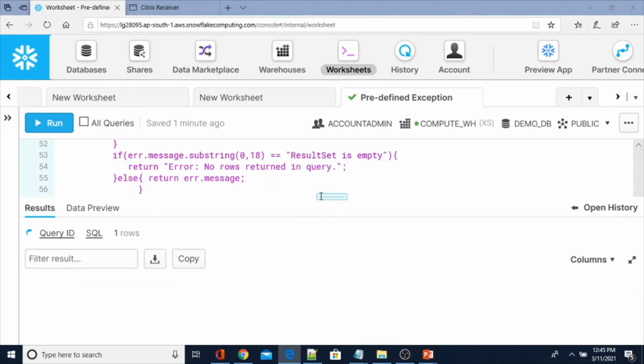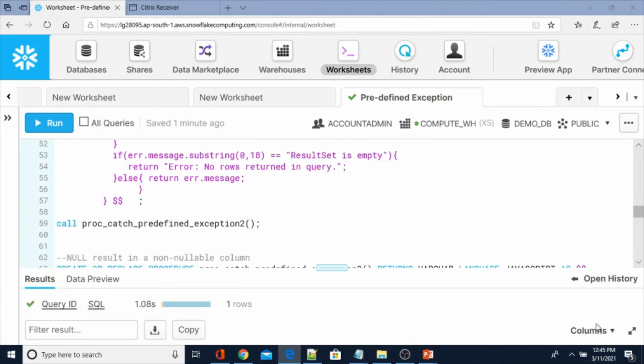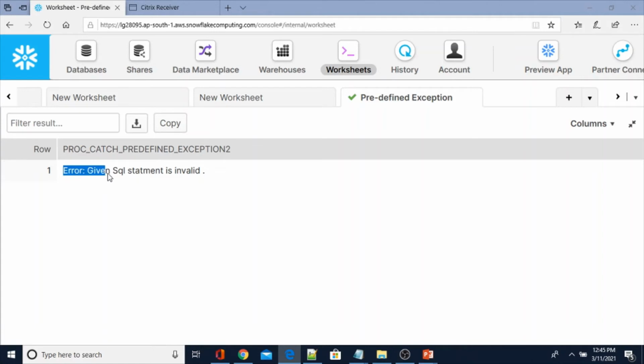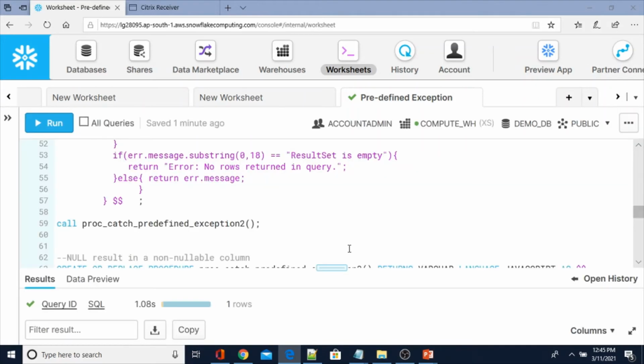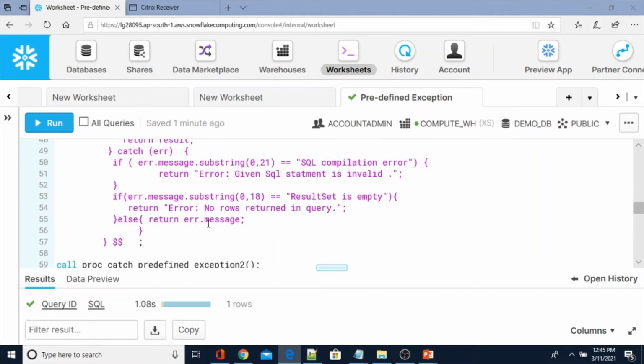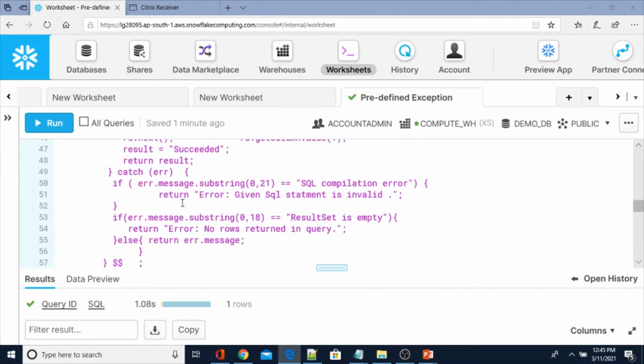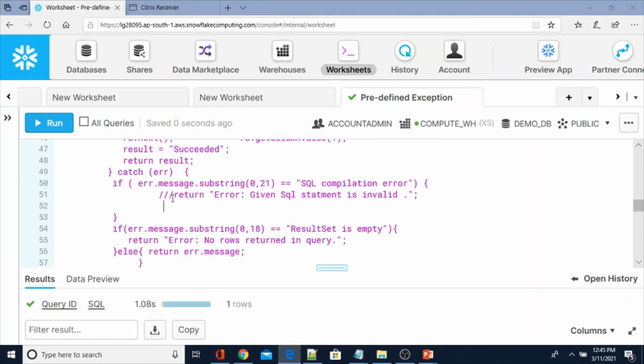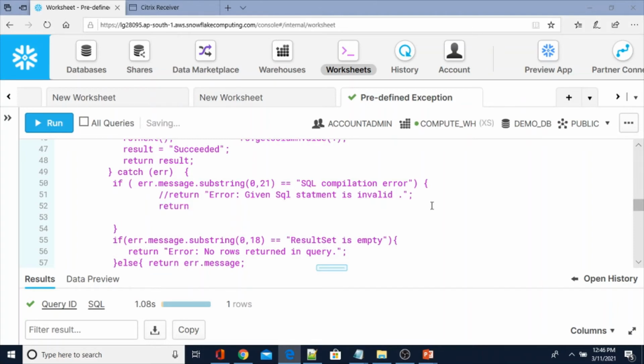If you see here, output: error, given SQL statement is invalid. That means there is some error with our select statement. Now let me comment this out, and instead of our user defined error message, I am going to display the message from the error object, error.message. Now we'll see what the error would be.